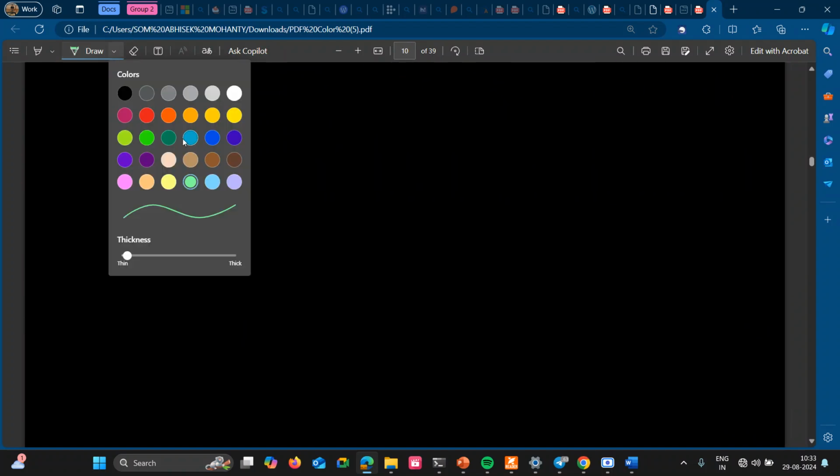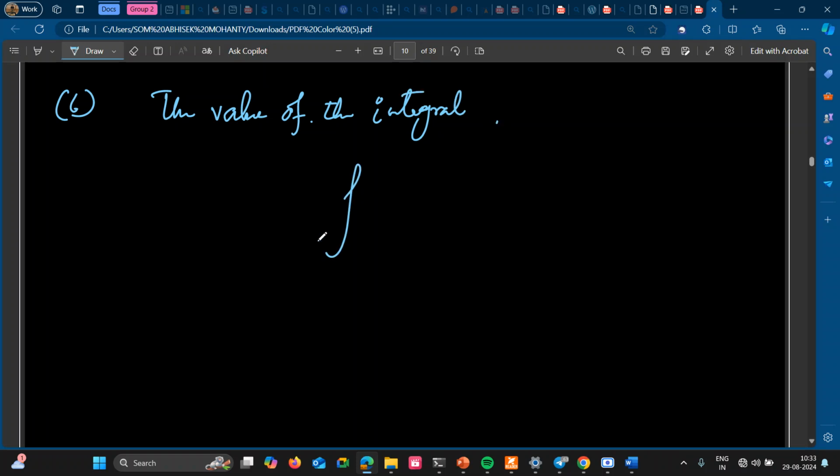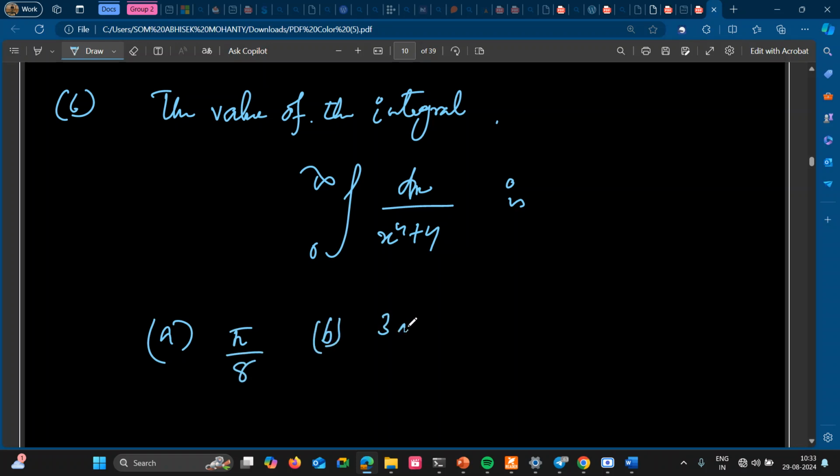Question number 6. Question number 6 is the value of the integral from 0 to infinity of dx by x to the fourth plus 4. This type of question will surely come in JST or TIFR. Okay,